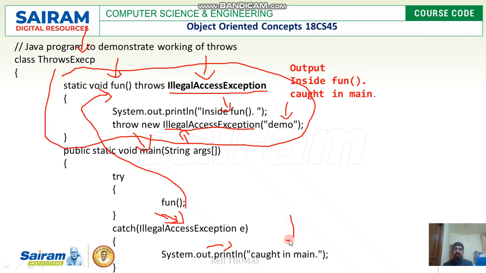The output is: inside fun, which throws an exception called illegal access exception. It will come to the catch statement, this variable will catch the illegal access exception, and once it is done, it will print the statement caught in main. So finally, I'll get the output: inside fun, caught in main.